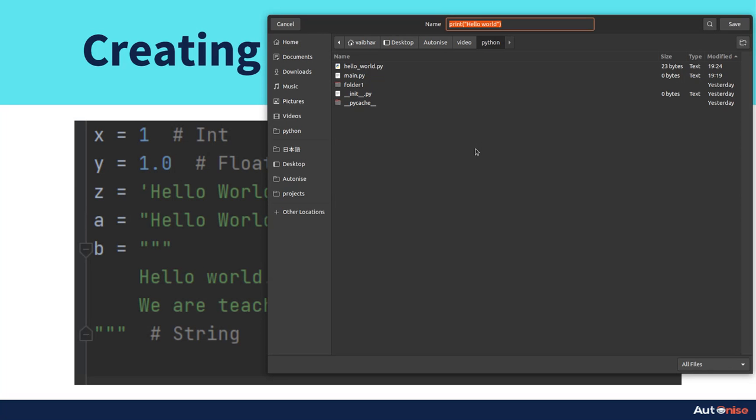One thing to note is that you can give whatever name you want to this Python file, just that you need to add a .py extension right after the name of the file. So I will give this name as hello with the extension .py. Hit save,